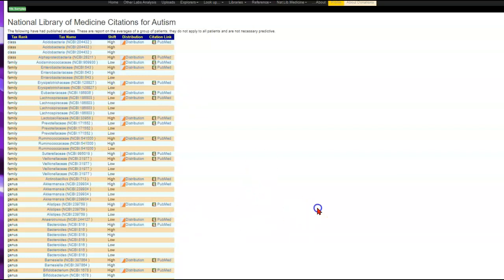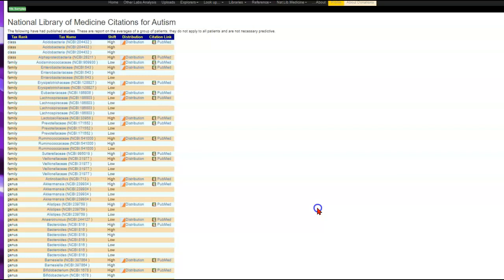Because there are multiple subsets in autism of different people with different characteristics and symptoms, and the microbiomes are distinctly different, this is a catch-all, and we simply look for, okay, we have a match here, we have a match here. We don't care which subset it is, but you do match each part of one or more subsets, and we're working from there. Second way is by using citizen science, which